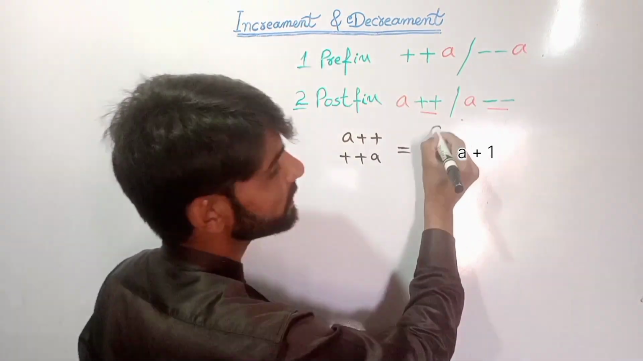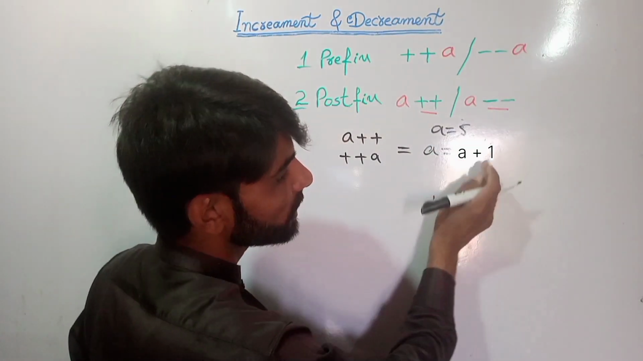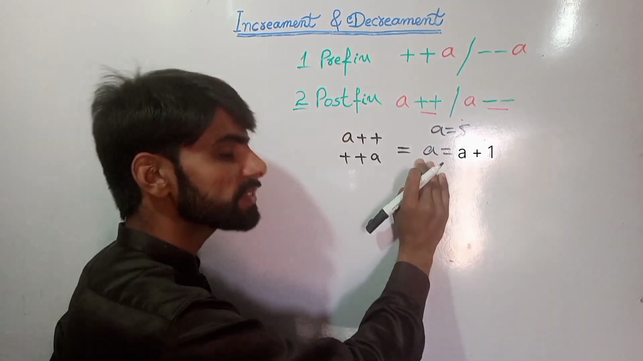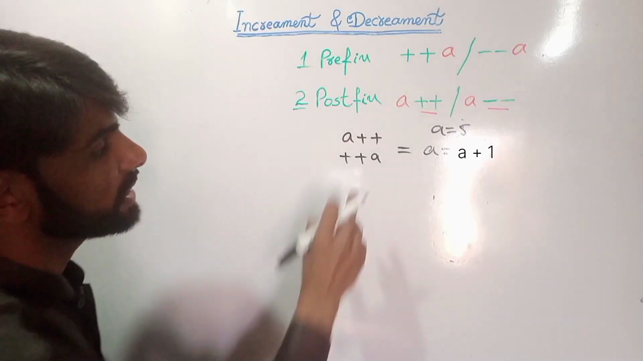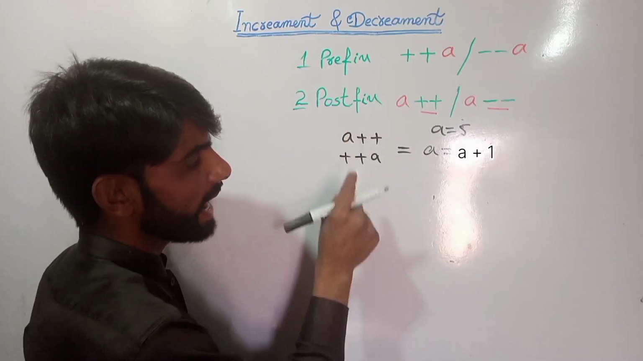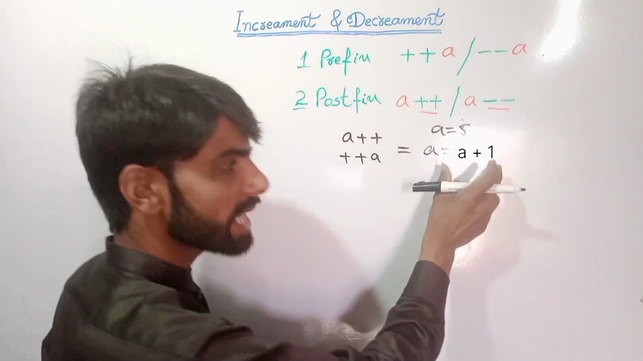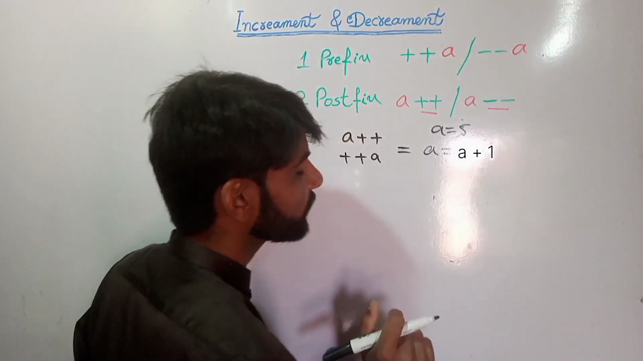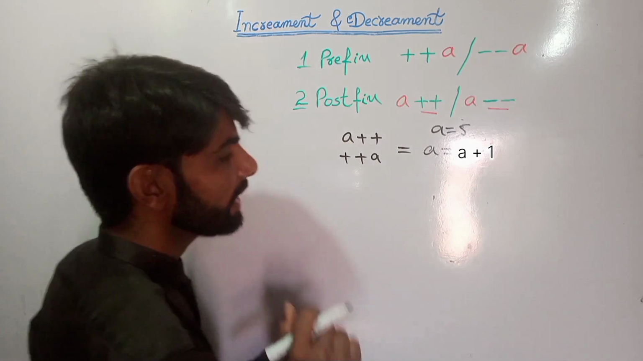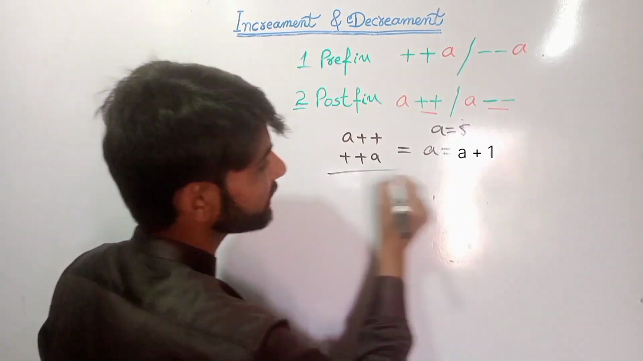For example, if this value is 5, the increment by one makes the value 6, right? So both lines, postfix and prefix, mean the increment of the variable by one, right? And like that,